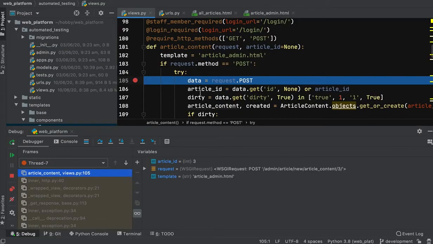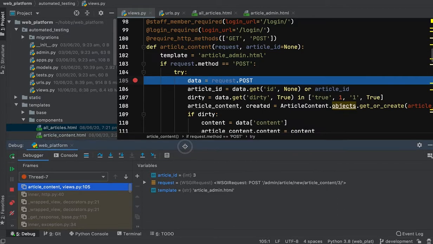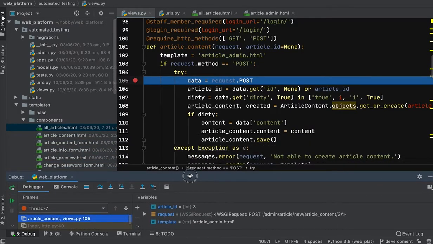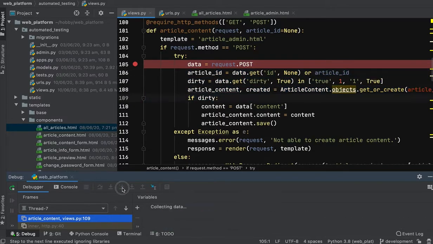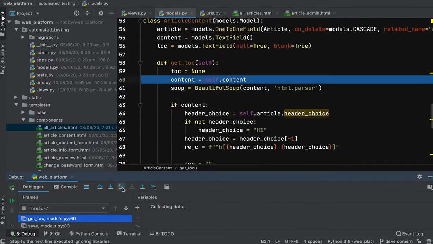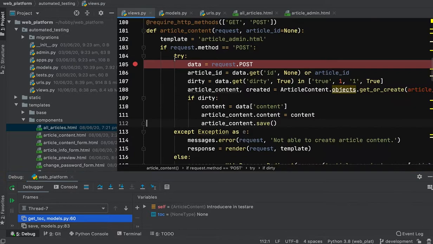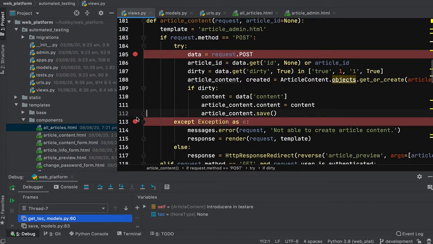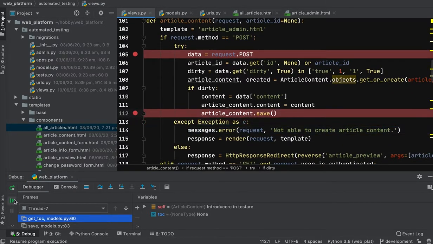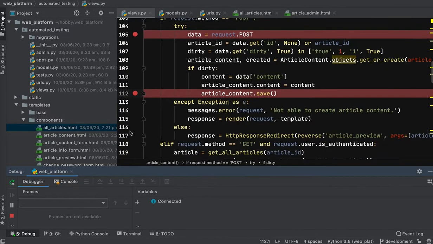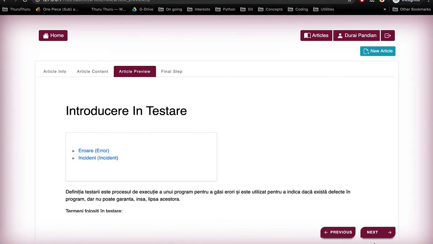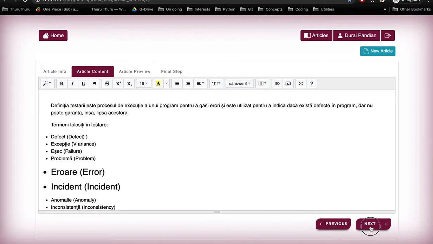When you go to edit, it comes here and saves the content to the database. We should be saving this, sorry, we'll just do it again.